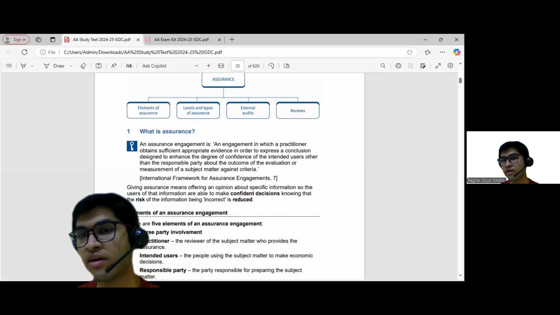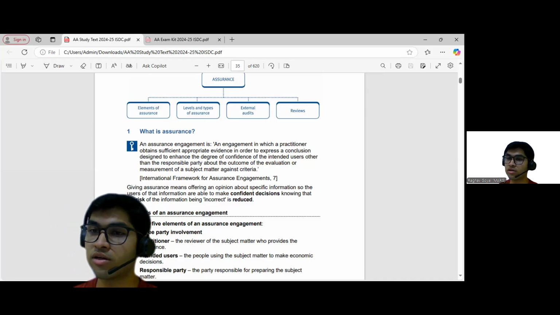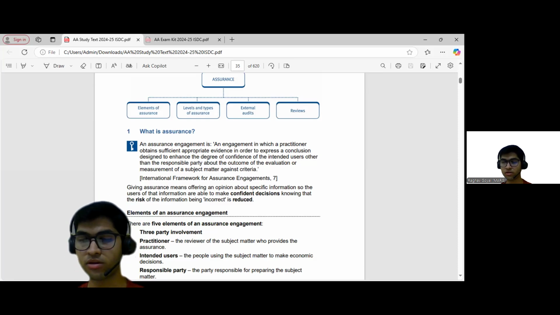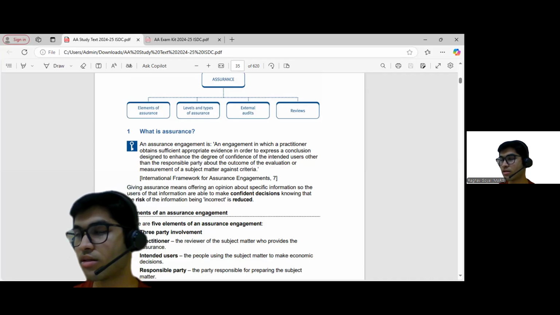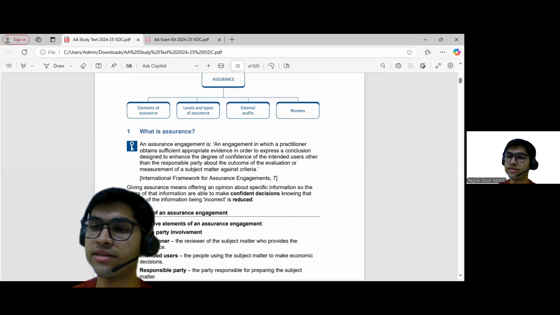For example, if I was to give you an unaudited financial statement, and at the same time I gave you an audited financial statement. In the unaudited one, there is a good amount of profit, but in the audited one, it's slightly below par, and the auditor also has performed various substantive procedures and has given a proper unqualified opinion. Then what do you think? Where do you think you will place your reliance?